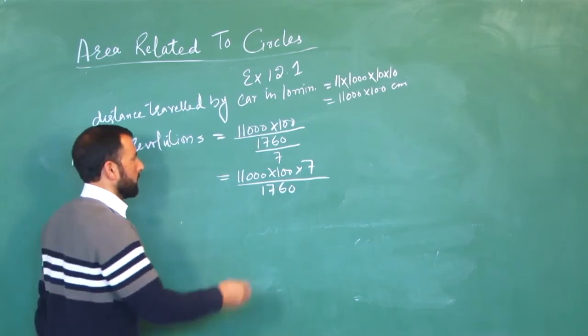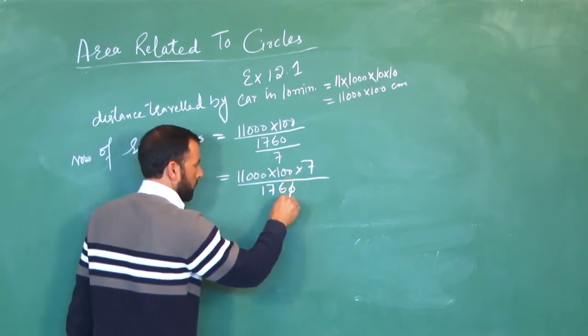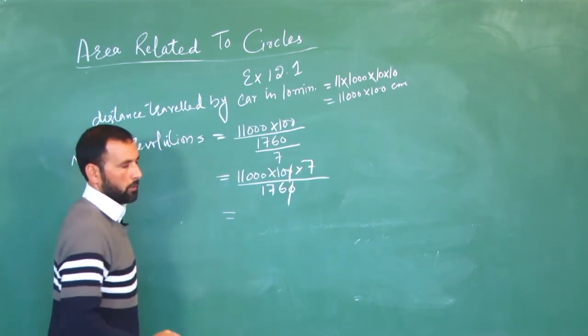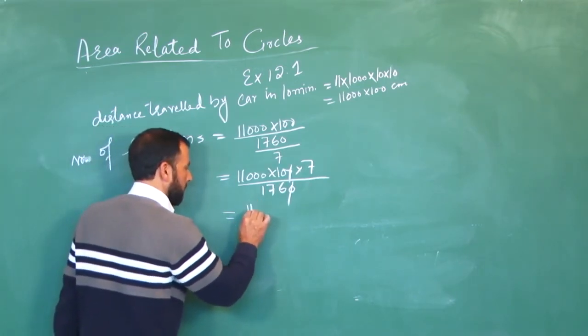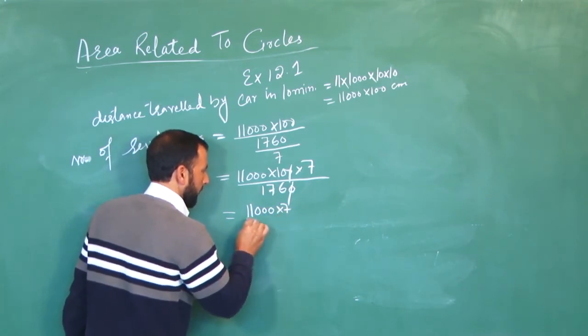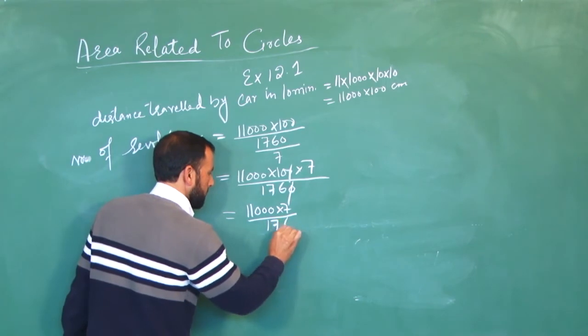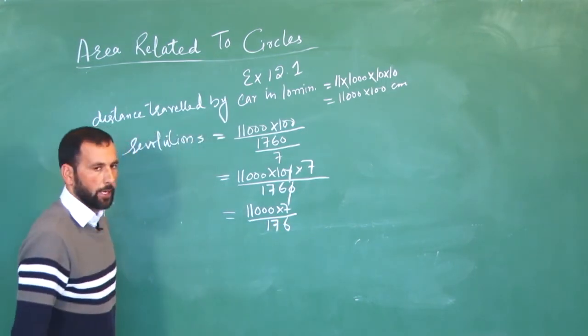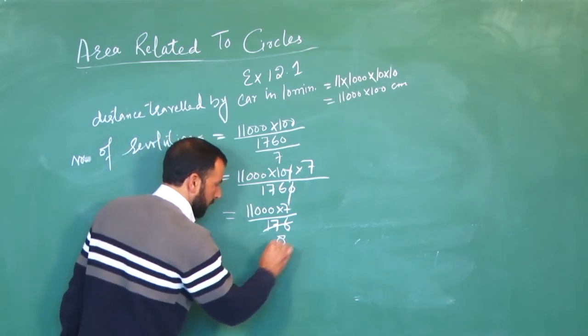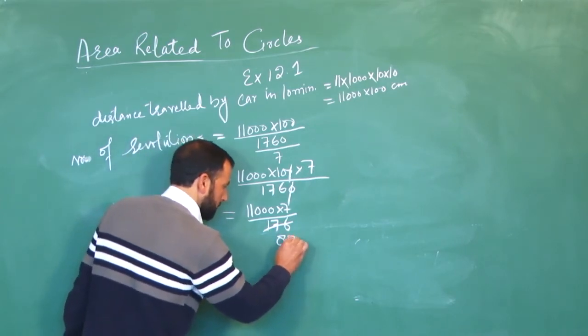After calculating this value, we can take this 0 and 0 cancel. We get here multiplication. We can cancel out this one. It is 11,000 into 7 divided by 176. When you calculate this one, we calculate this 2, 8, 16, then 2, 8, 16, cancellation with